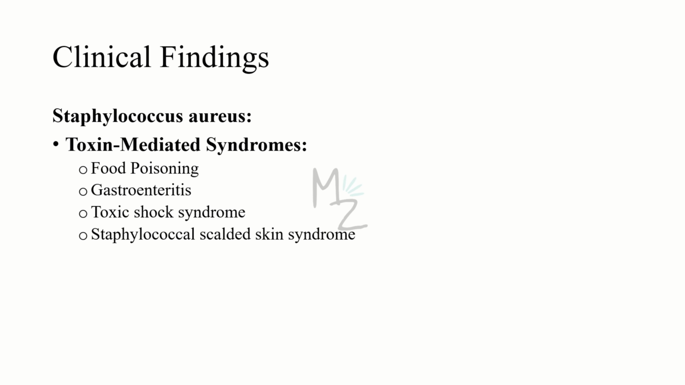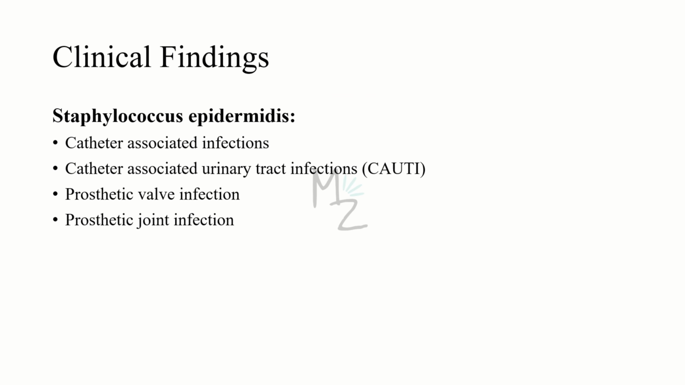As I've mentioned earlier, Staph aureus also releases certain exotoxins, so these are called toxin mediated syndromes. The enterotoxin is responsible for causing food poisoning, and secondary to that is gastroenteritis. The toxic shock syndrome toxin type 1 is responsible for causing toxic shock syndrome, and the exfoliative toxin can cause staphylococcal scalded skin syndrome. Staphylococcus epidermidis has the following findings: catheter-associated infections, catheter-associated urinary tract infections, abbreviated as CAUTI, C-A-U-T-I,